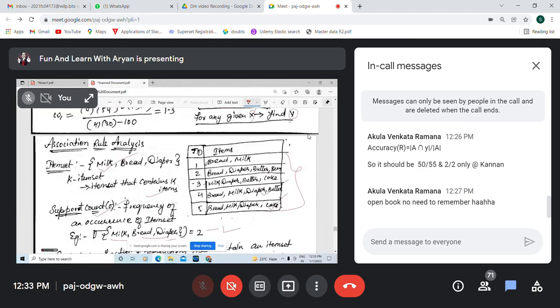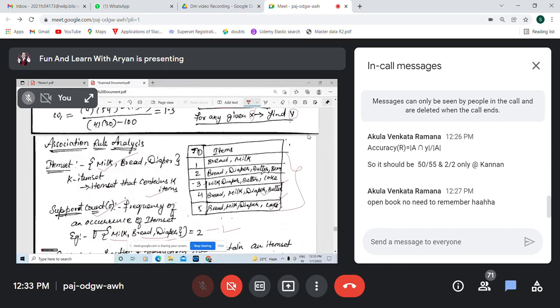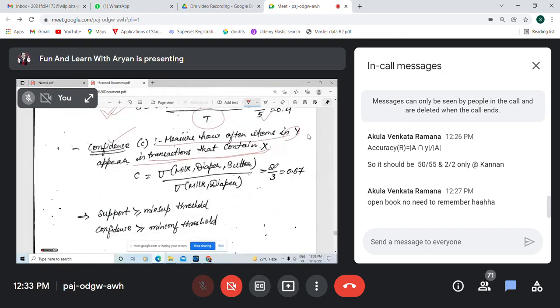So what are all the transactions that contain X? What is X first of all? Milk and diaper. Milk and diaper here, and butter comes here. Yes, 1. Milk and diaper, butter comes here. Yes, 2. So that means how many? 2. So what is your confidence value? 2 by